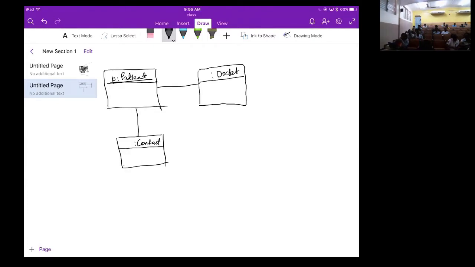What else? Is there anything else that must be there when a patient is just registering? I am sorry, forgive me, I cannot see the class diagram right now while I'm doing this. The patient must have contact information. Right, so we have that there. All right, let me switch. Right, but there are no visits right now. All right, let me just look back at the